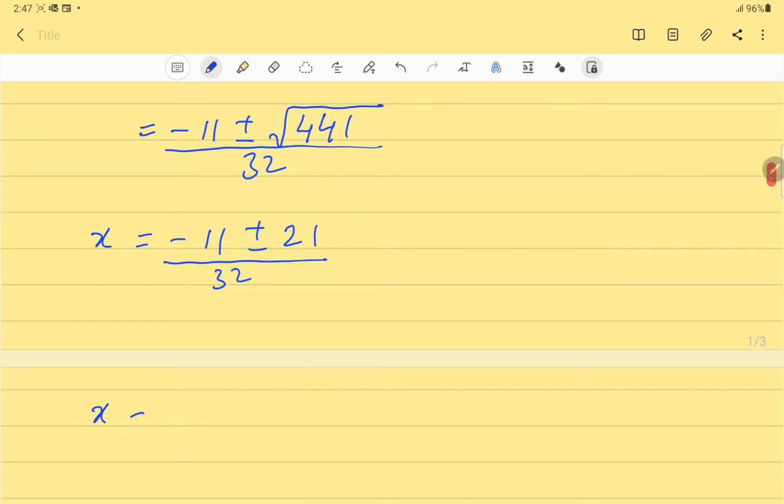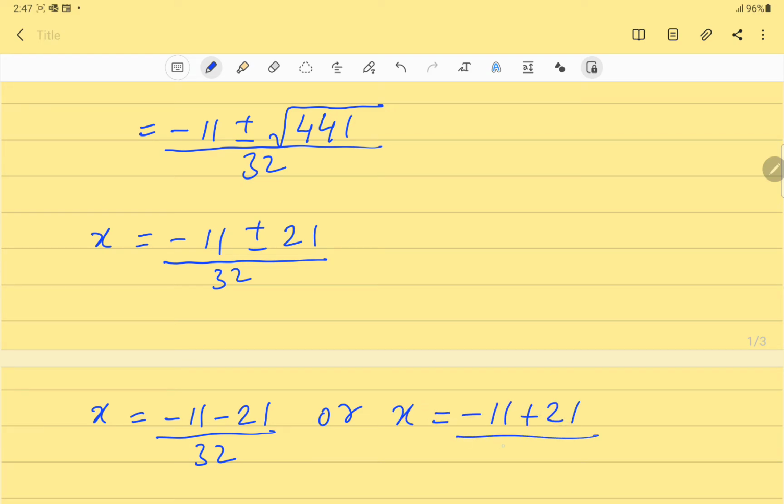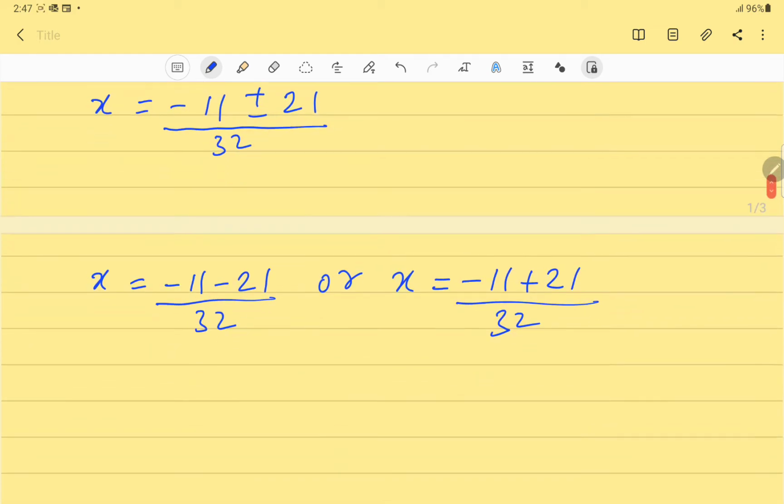So we have x is equal to either minus 11 minus 21 over 32 or x is equal to minus 11 plus 21 over 32. Minus 11 minus 21 is minus 32 over 32,